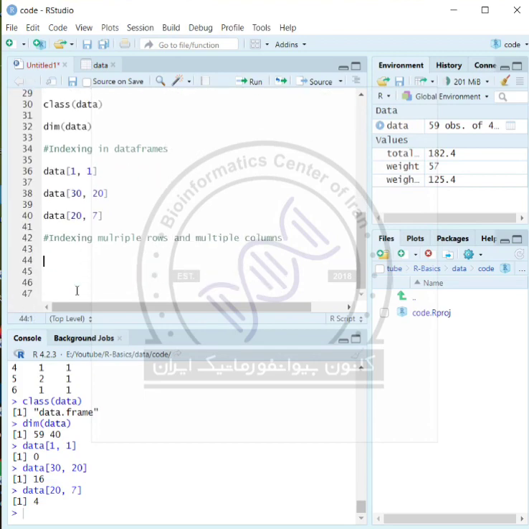The combine function combines the values you give and puts them into one vector or one list. For example, if you want to pick columns 10 and 20 from rows 1, 3, and 5, we can do such a thing. Data, square brackets, c to use multiple rows,